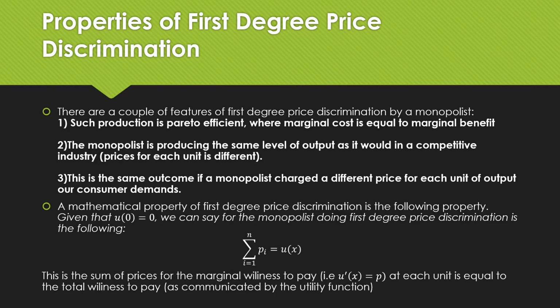Practically speaking, this is the sum of the prices for marginal willingness to pay, right? Noting the fact that our marginal utility from consumption of good X is equal to price. That's an optimality condition. At each unit it is equal to the total willingness to pay, right? This is communicated by our utility function. So that's our overview of first degree